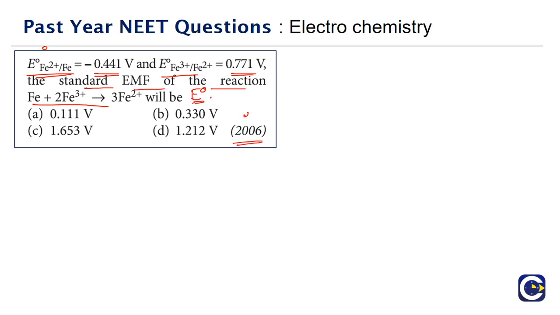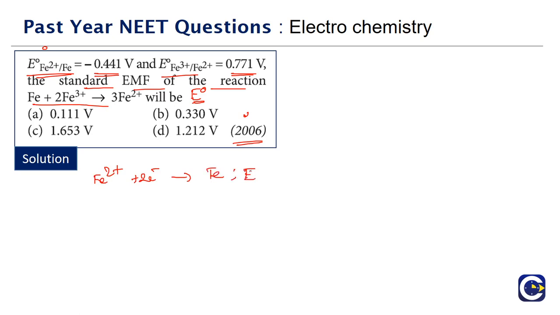This is a typical model of question which we have seen in some of the previous part videos also. The E0 values of a couple of reactions are given, and using that we have to find the E0 value of the unknown reaction. First we have to write down the given equations. First is Fe2+ getting reduced to Fe, means Fe2+ + 2 electrons gives rise to Fe.